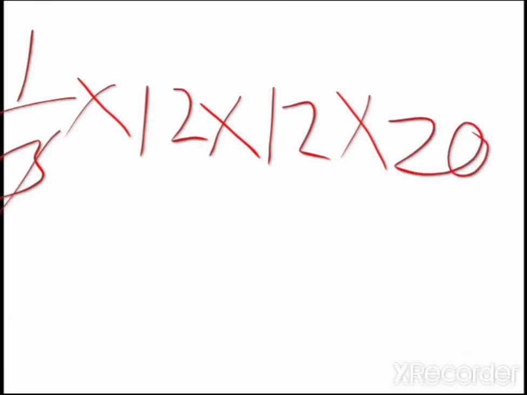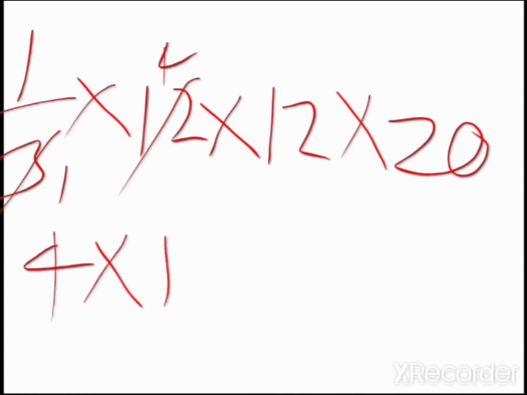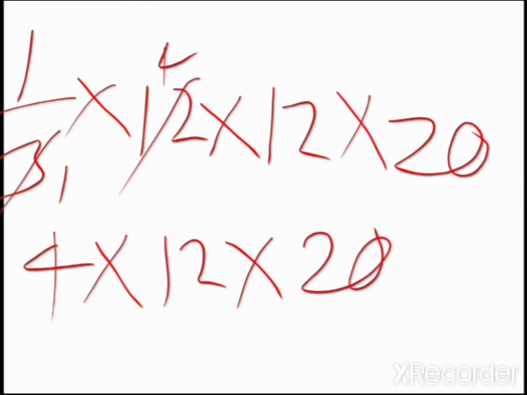So 3 divide 3, 1. 3 divide 12, we have 4. So we have 4 times 12 times 20. And when we carry out this operation, we have 4 times 12 times 20 is equal to